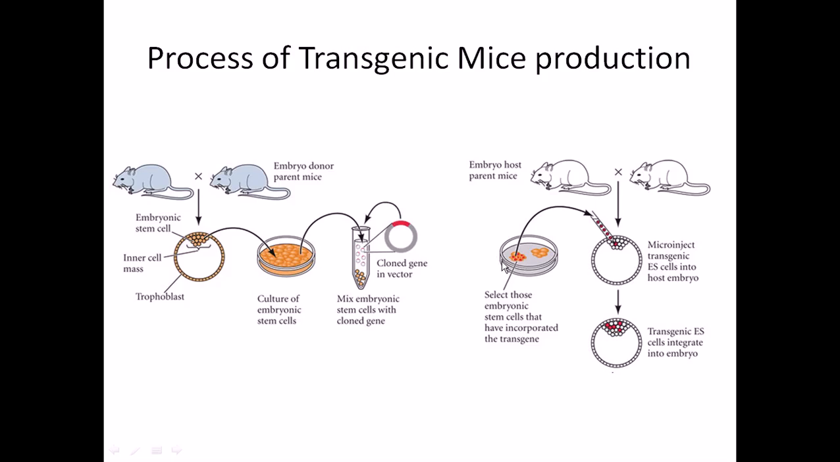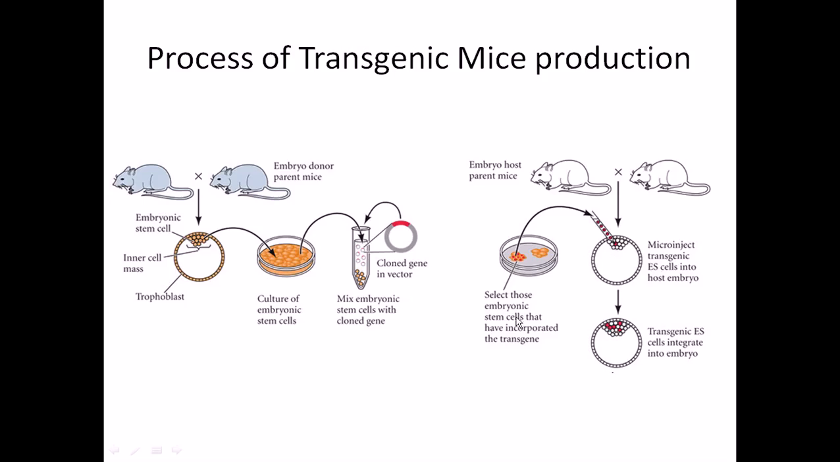So in that case, we need to select only the cells containing the desired gene with the vector. So let's say these are the cells. As you can see here, these are the cells. So we take those cells and put them again inside the inner cell mass area of the new embryonic stem cells of the host embryo. So we inject it there. So once we inject that,